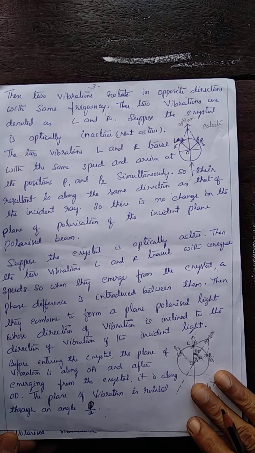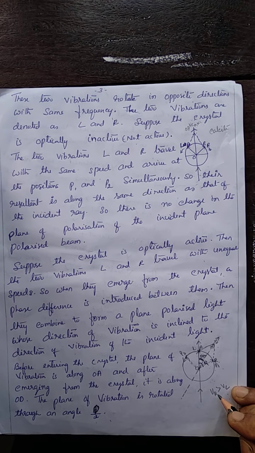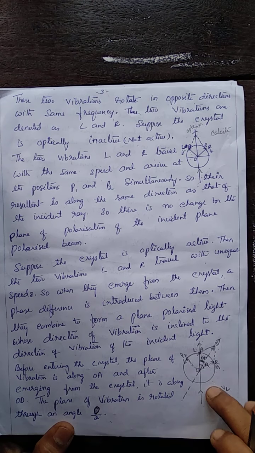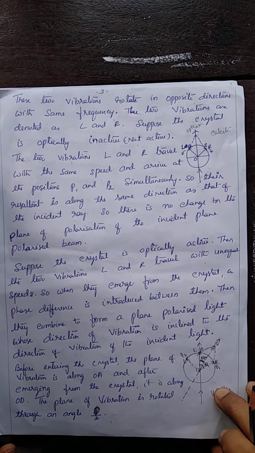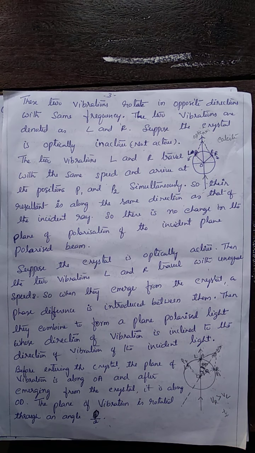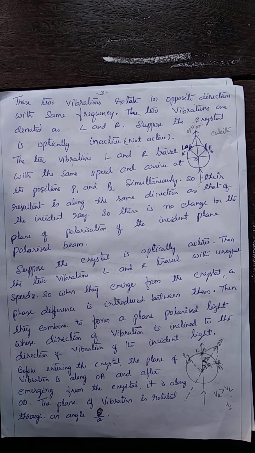Optical activity is the rotation of the plane of vibration or plane of polarization by certain crystals and certain solutions. This is how Fresnel's theory explains optical activity. This is the theoretical explanation given by Fresnel for why the plane of polarization is rotated, or is different from the direction of the plane of polarization of the incident beam. And the analytical part of this, let us discuss in the next class.